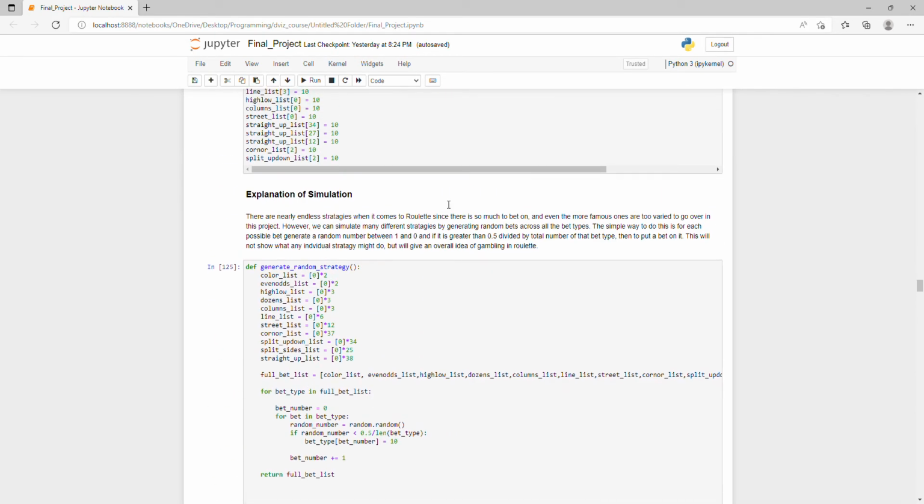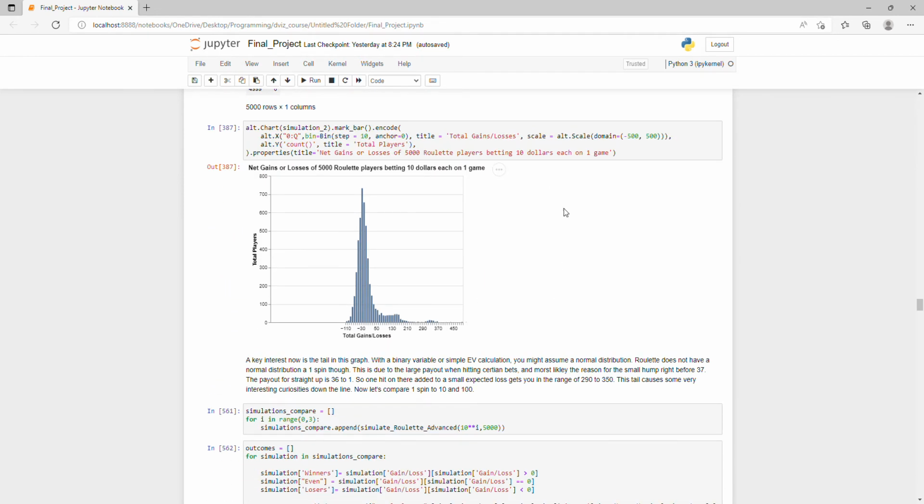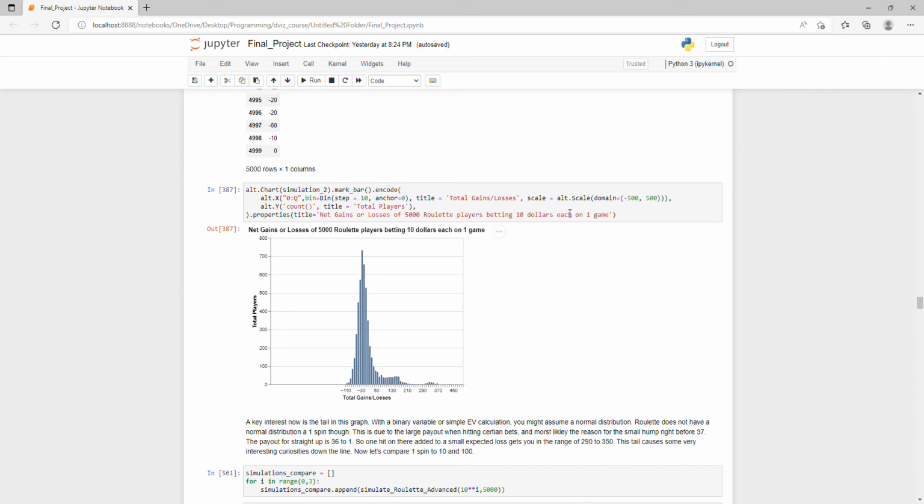And so, by the way, we created just random strategies generally. We didn't use any specific strategy. All strategies at casinos are going to have a negative expected value for wins, but we generated random ones. There's a million that you could do, but we're just generalizing here. But if you generalize random strategies, and you look at what if you play one game with those random strategies, you get this interesting tail here,